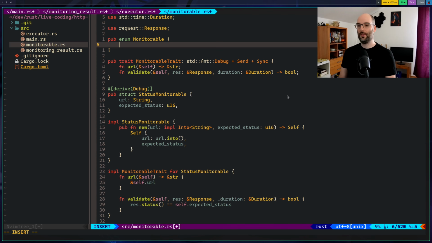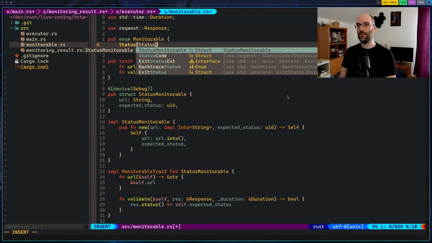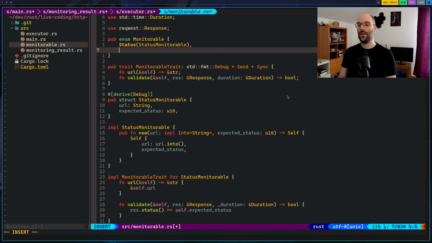The monitorable will have two variants, which is status monitorable. Or, I think we shouldn't call it the exact same as the structs, because we're still going to use those structs. So let's just say this is a Status, and it contains a status monitorable inside.